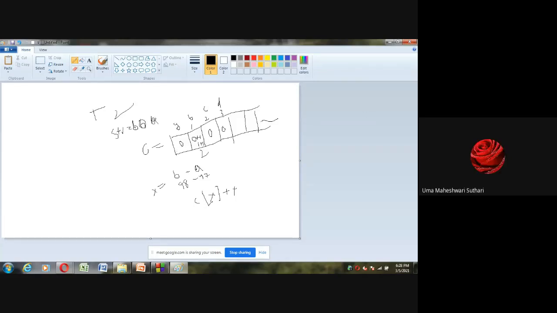And then the third character, which is A for me. So A minus A is what? 0. So I will go to C of 0. What is C of 0? Right now 0. And I'm incrementing it by 1, so the resultant is 1. Finally, after completion of reading the string, the updated count array, or frequency array, has 1 under 0 and 2 under 1. So it is true: B occurred twice and A occurred once. This is the filling of frequencies of each character by reading the string.